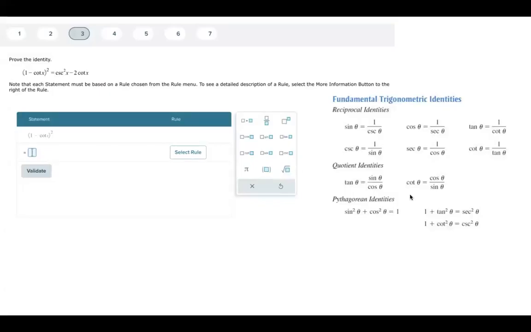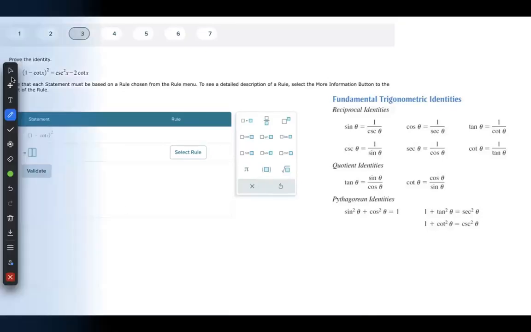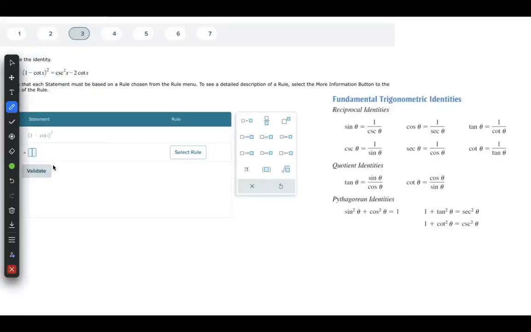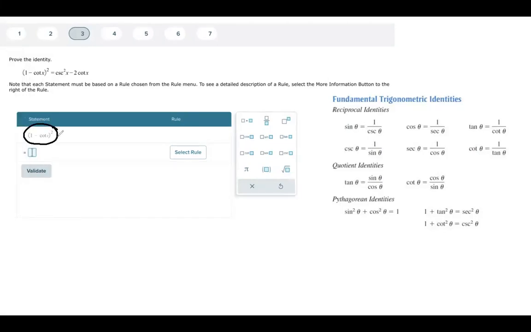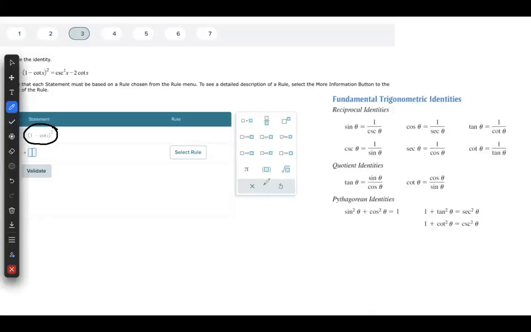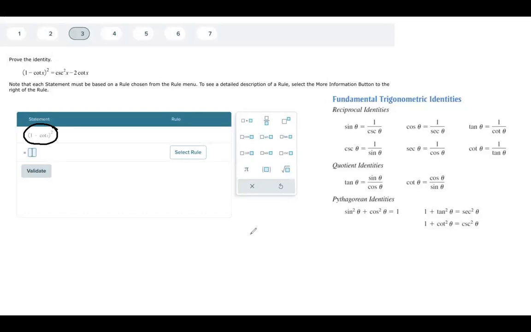Here we have to turn 1 minus cotangent, everything squared, into cosecant squared of x minus 2 times the cotangent. Now, a very common mistake is to not use our algebra properly. So we're starting with 1 minus cotangent squared. So we can try to do a lot of things. And if you want to square that,